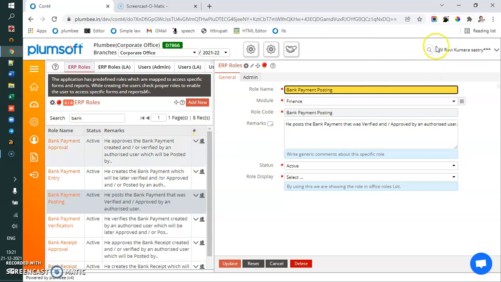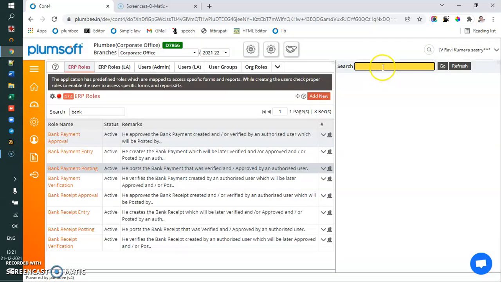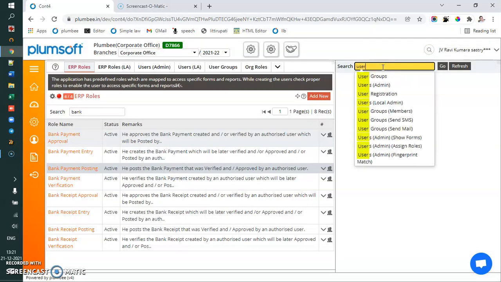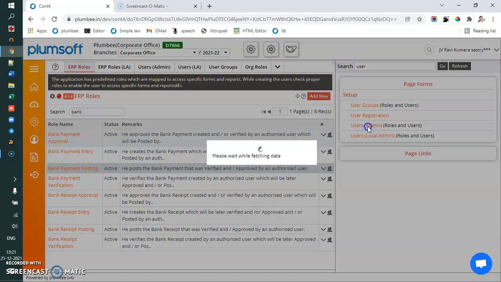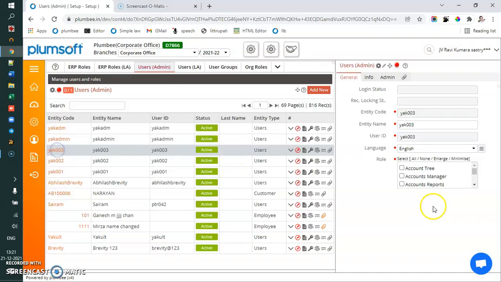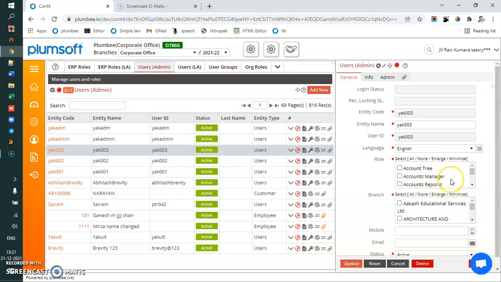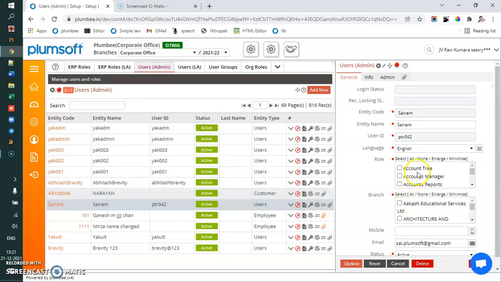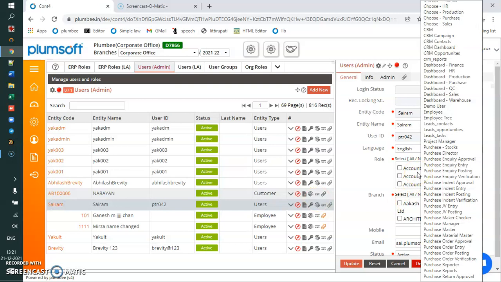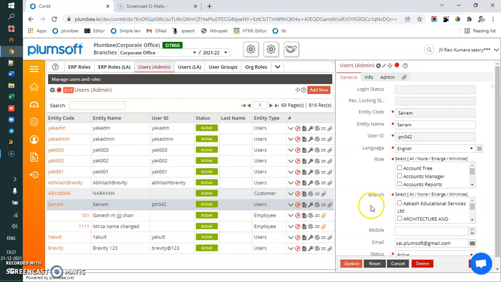So having decided the role, now we have what is called users. In the users, every user can have one or more roles, and when you keep your mouse over, you will see he has been given this role. Suppose this is Sai Ram. Sai Ram is given so many roles. Maybe he is an admin, so he is given so many roles. This indicates how the roles which we have created have come as a multi-select into this.